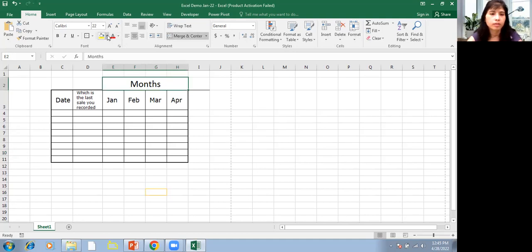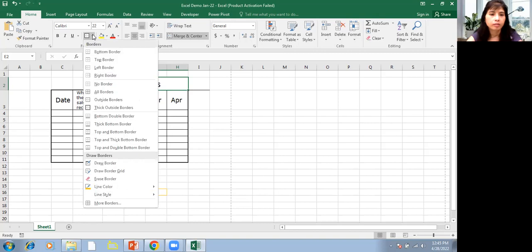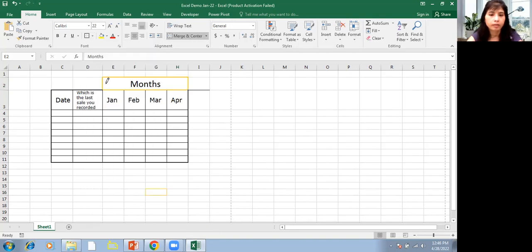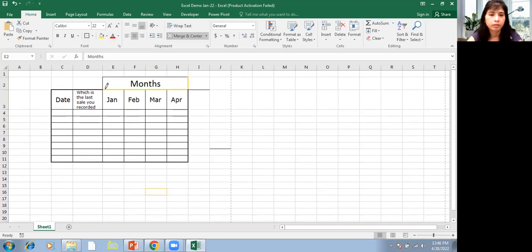Because we have chosen this color, I can change the line color. So, can you see? We have merged months, Jan, Feb, March, April, and any information. So simply we are using all these tools, right? Now in some of the